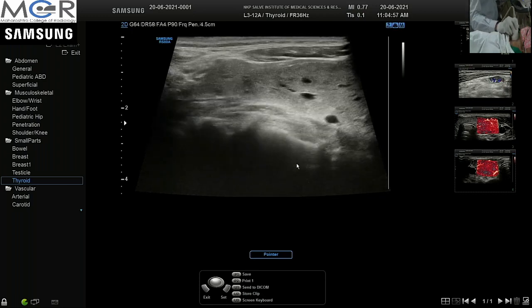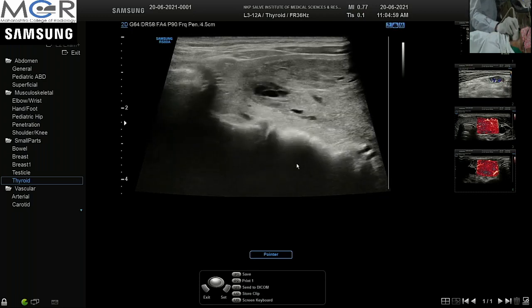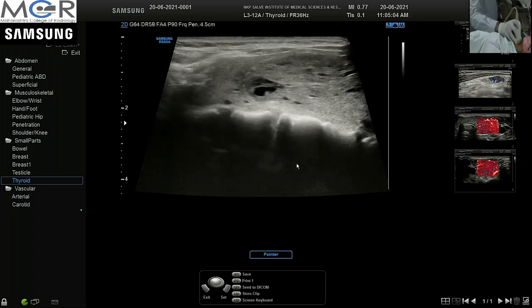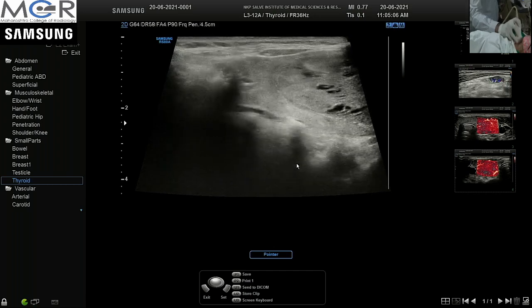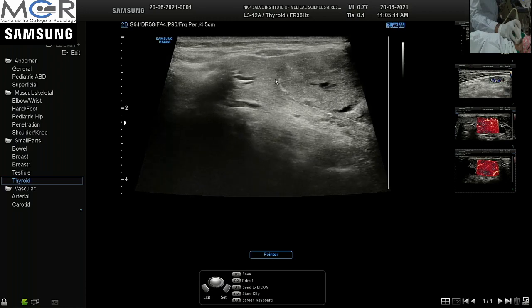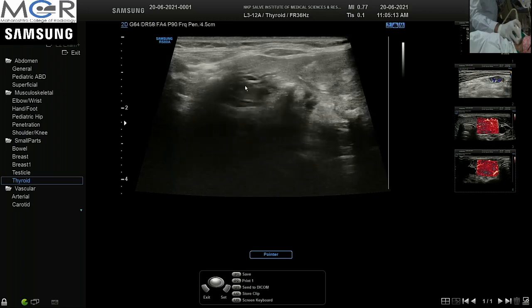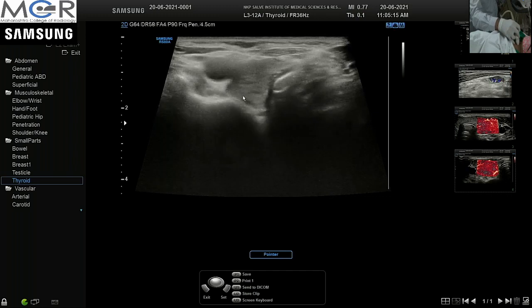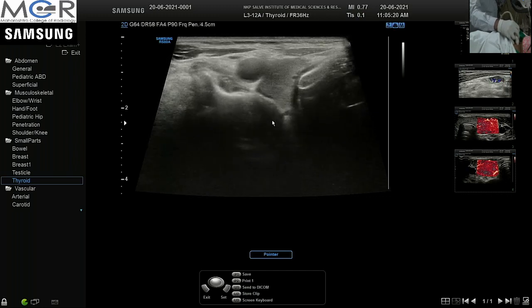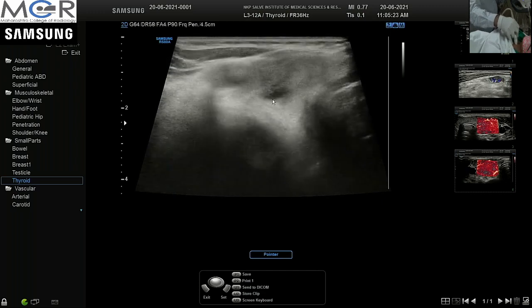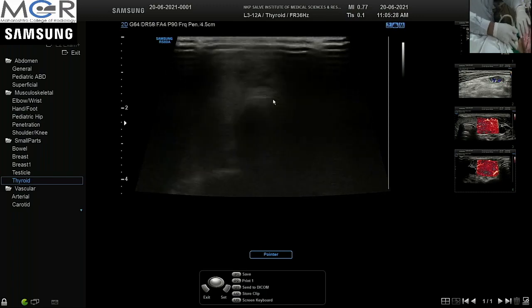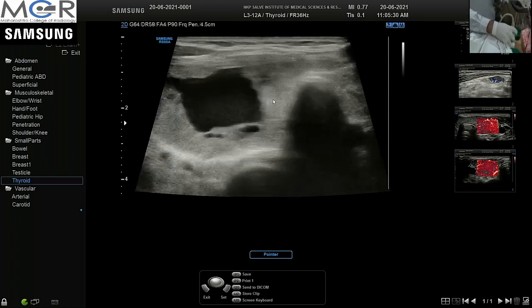Make a probe longitudinal and try to see the upper pole, the upper extent of the nodule. Above that, this is the upper margin of the nodule, and there is probably something here. Confirm on the other plane whether there is a small nodule there. Yes, a very small nodule. This one. So the numbers and their characteristics have to be mentioned in our report.